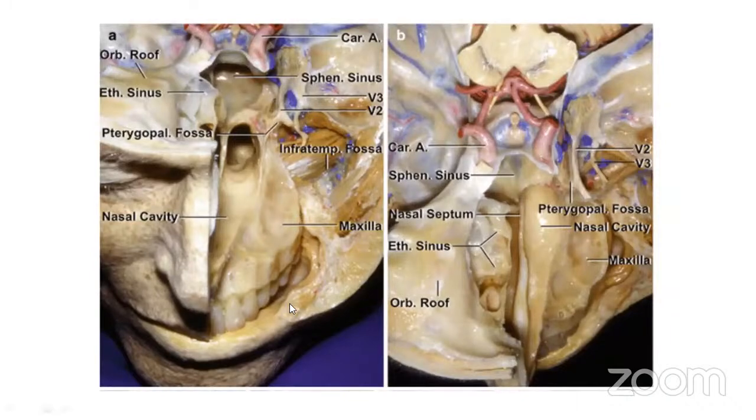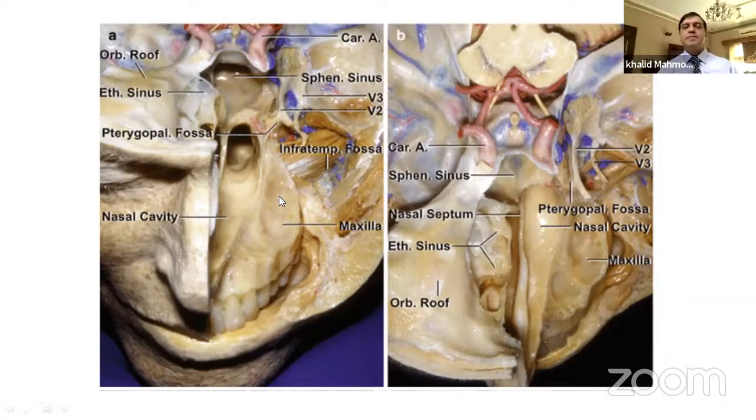Osseous anatomy has been discussed. Now we will discuss the anterior cranial base structures